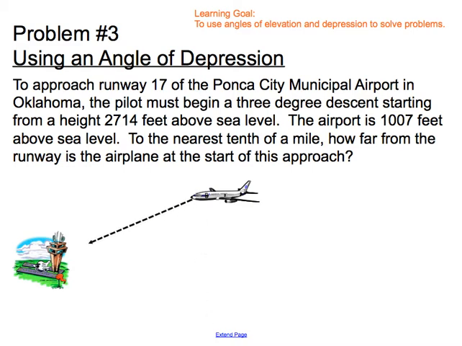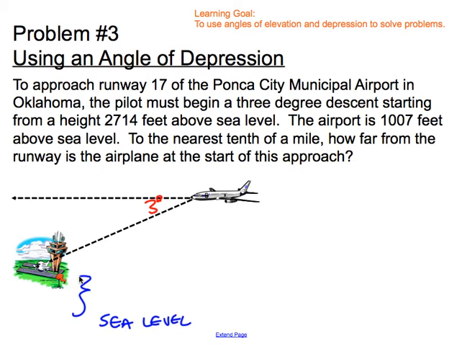It's going to start its descent into the airport, and it's a 3-degree angle of descent. So this angle is 3 degrees. Now, we're told that the airport is 1,007 feet above sea level. So somewhere way down here, we have sea level. Now the distance from there to the airport is 1,007. But the distance from the airplane to sea level is